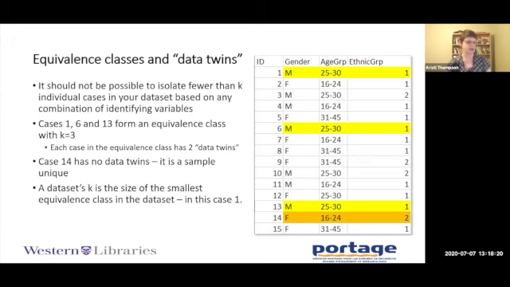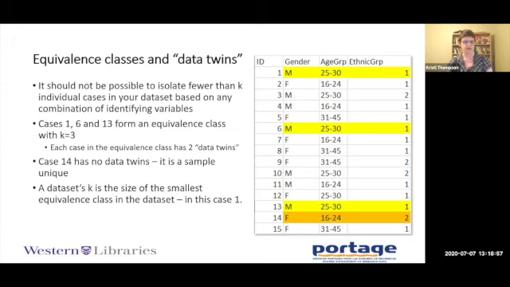An example may help illustrate this concept. Imagine your survey, let's say of workers at a tool and die factory in Oshawa, has 3 demographic variables: age group, gender, and ethnic group. If an individual in the data set is not a visible minority, is a male, and is between 25 and 30, then for the data to have k-anonymity with k equals 5, there must be at least 4 other individuals in the data set with the same set of characteristics. And this must also be true for every other individual in the data set. Each person must have at least 4 data twins.